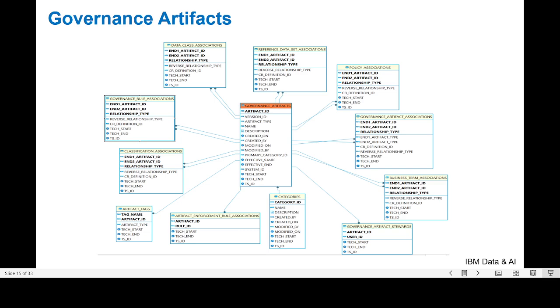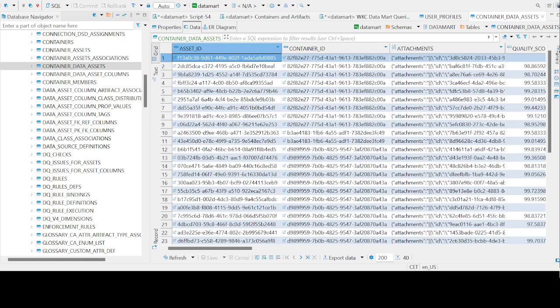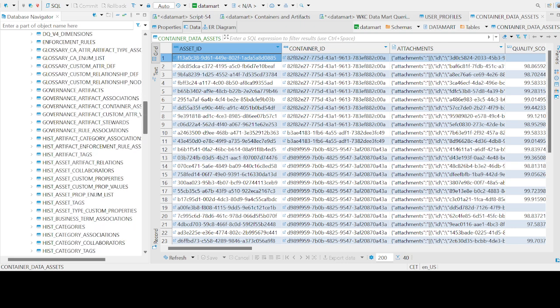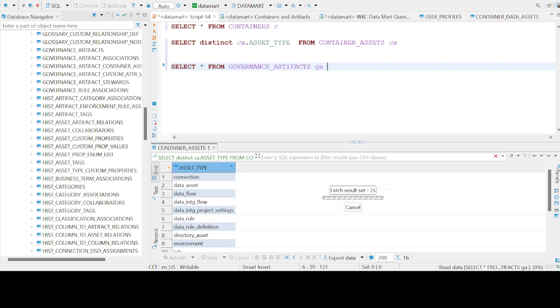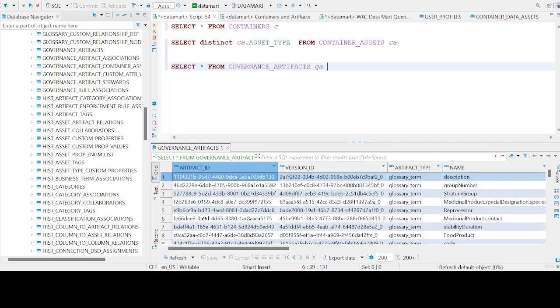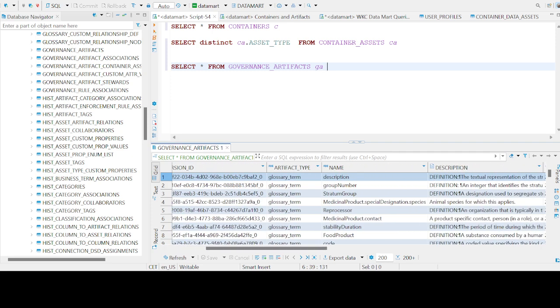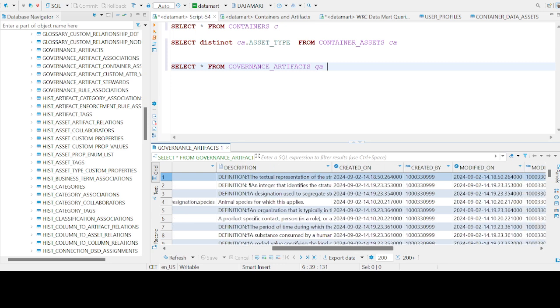So let me jump to DB Viewer, okay, and show you again information about that governance artifact. So if I come here, I can do a query about that table, or I can show data. So select asterisk from governance artifacts. Okay, that is going to give me all the information about the governance artifacts defined in the tool. Okay, so if I query this table, it's going to show me the identification of the artifact, the type of artifact, in this case glossary type, the name, description, when it was created, who was the